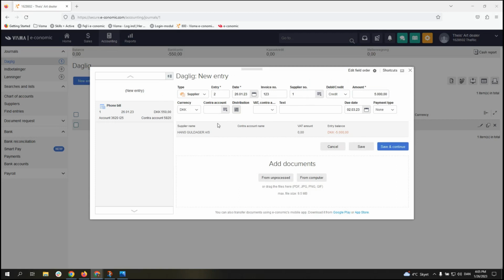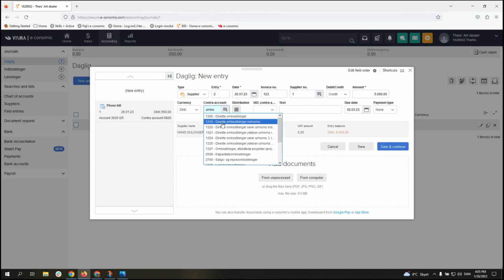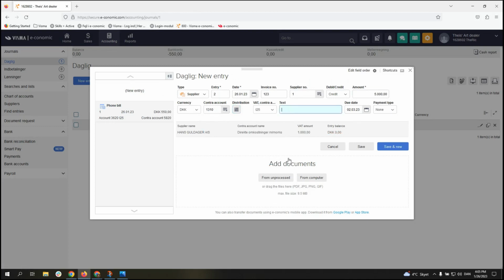in a cost account. So I'm going to search in here. Costs in Danish is called omkostninger. And for this invoice, I will use the account 1310, meaning direct costs with VAT. So I'll choose the contra account number 1310. In the text, I will put in a text so I will know exactly what this journal means. I'll call it supplier invoice so I can remember just what this